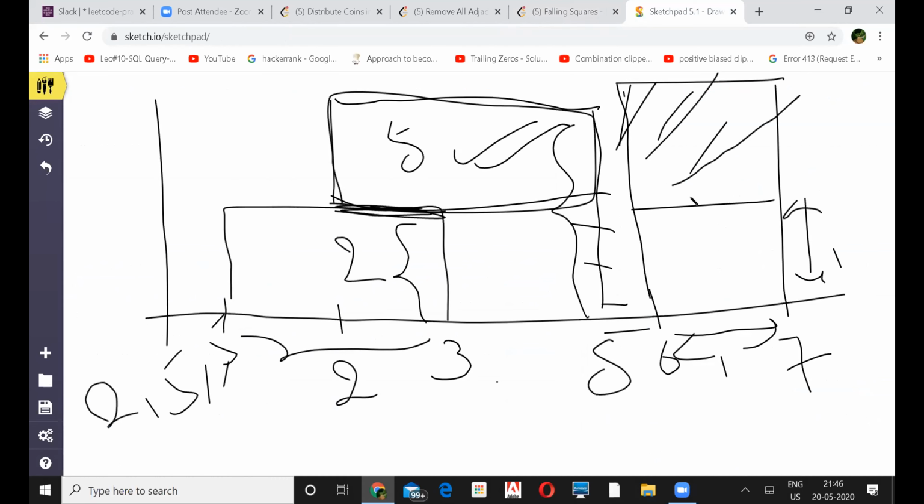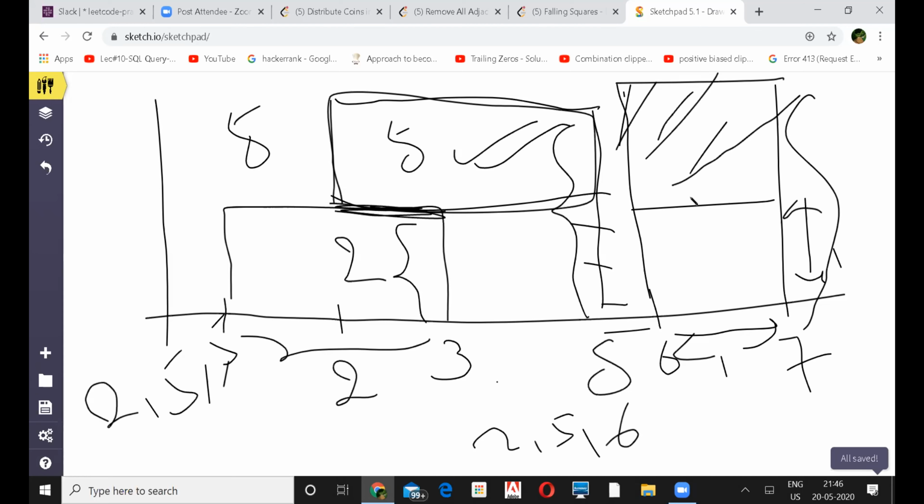No, you have to check from the back what is the current height till now. Like when I didn't have the second square, I was having only this square, 2. Now when 5 came, 5 is greater than 2, so I'll update; at the second iteration my height will be 5. Now when I took the square of height 1, my earlier height is 5, so your height will be whichever is the maximum. Had it been 6, then your answer would be 2, 5, 6.